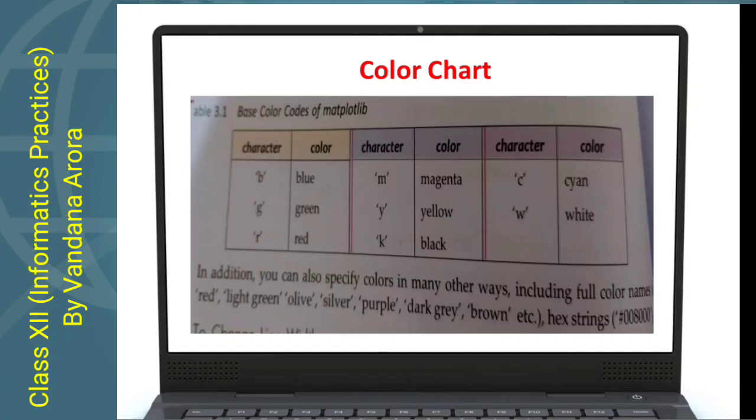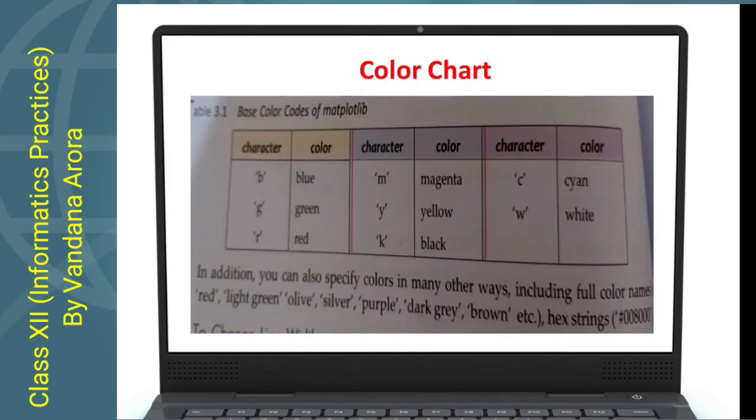Now you can change the color of this line chart, but before changing the color I want to tell you the color codes which we can use in Python are in this table. You can see the color codes are given: B for blue, G for green, R for red.